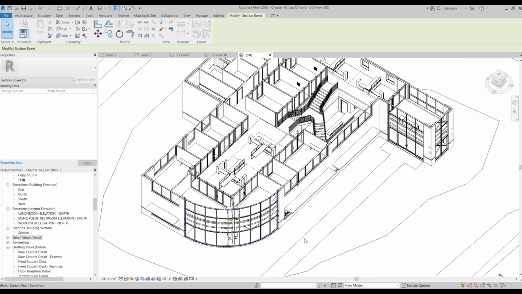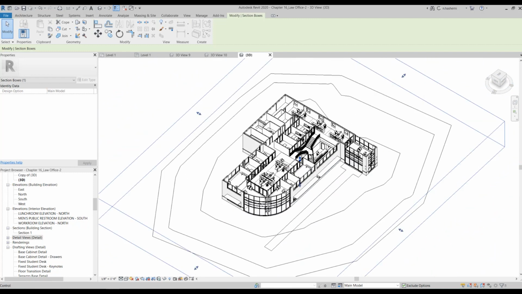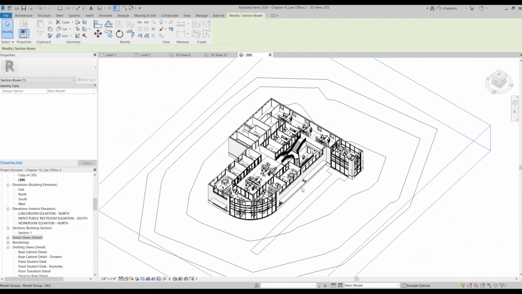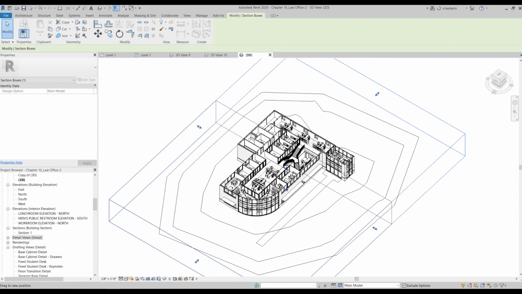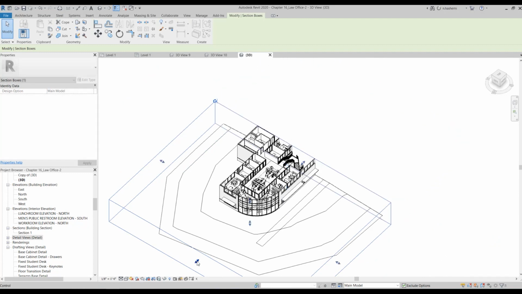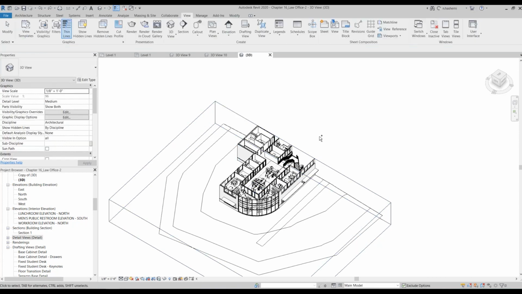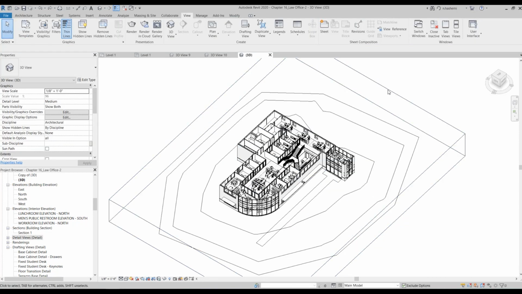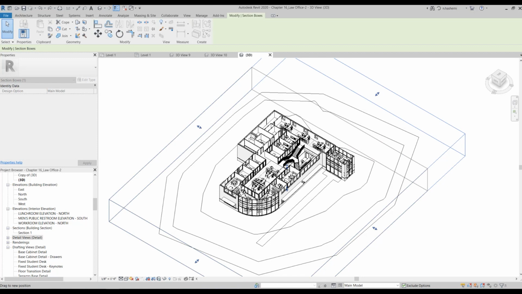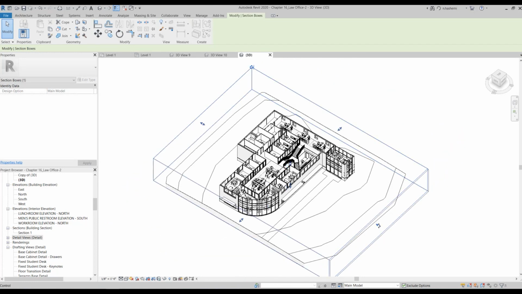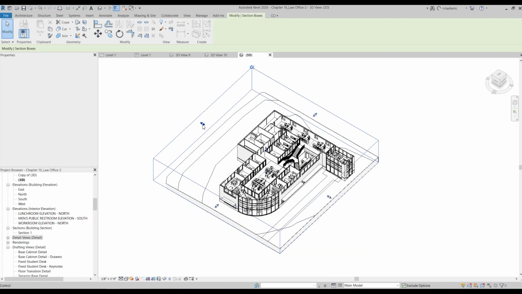And then when you set your view, you can zoom in onto one specific region of your model, for example, and make it small. It totally depends on which space you want to zoom in on and create a rendering from. I'm going to just create a rendering of the whole level, so I'm going to make it smaller.